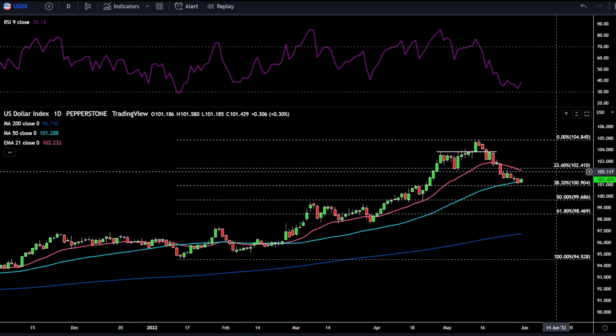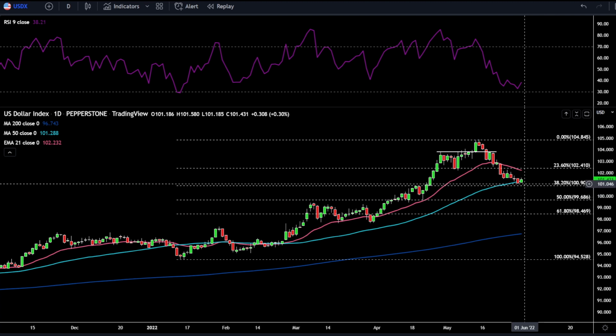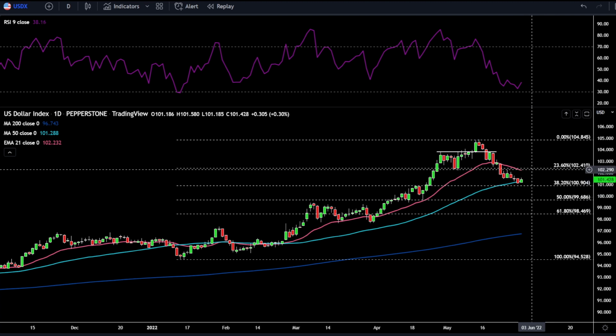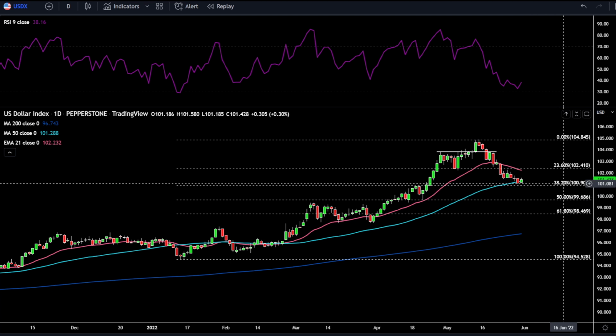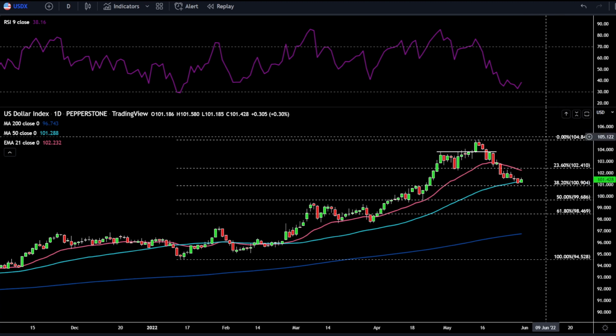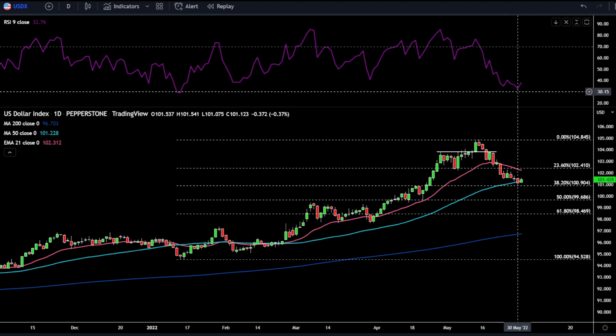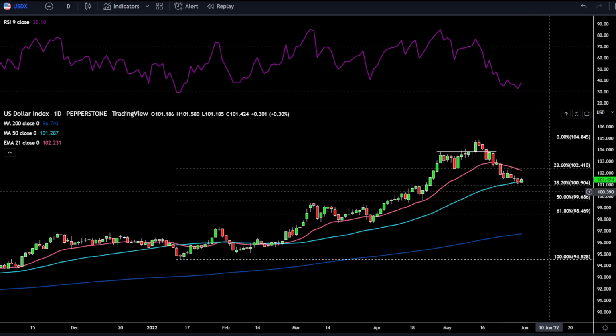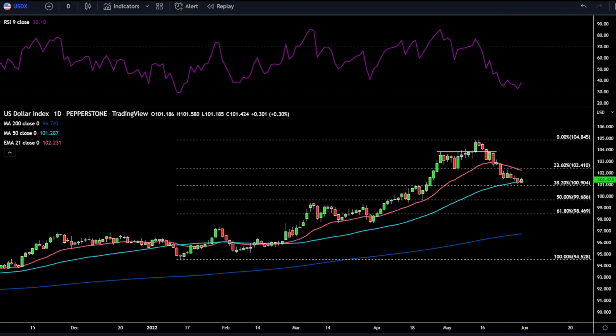We can see we got right down to that 50-day simple moving average and price rebounded high off that. It's also the 38.2 Fibonacci level. The RSI also got quite close to oversold territory. Does this bounce have legs? Was this just a retracement in the dollar and we're going to continue that bull trend? This remains to be seen, but these are really key levels for the dollar. It must hold this as the bulls, or I think its uptrend will be seriously dented.